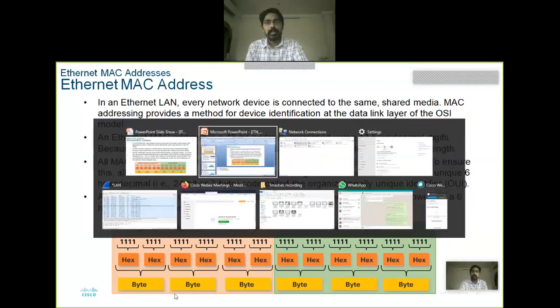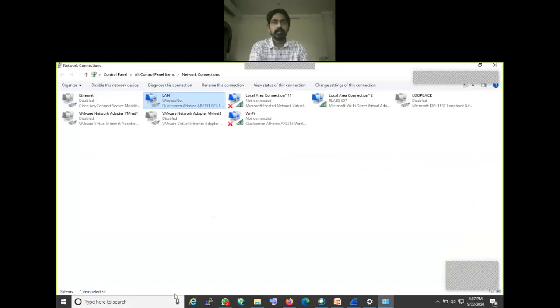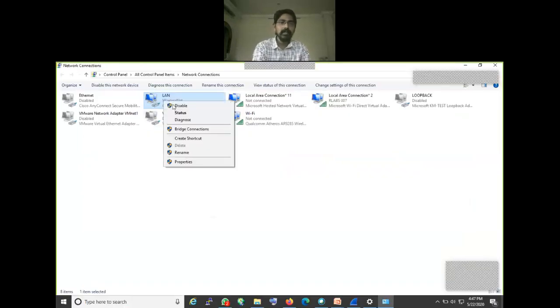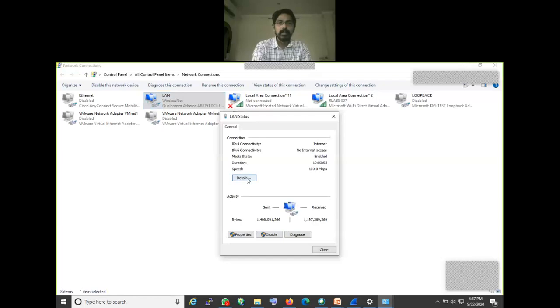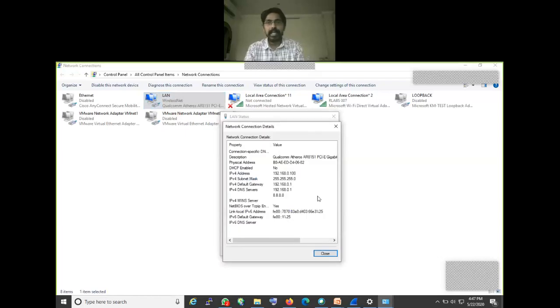So consider here my MAC address, B8AEED. Mine is a Sony laptop. So if you open your system and verify your physical address, that is MAC address, your first 3 bytes are different because your manufacturer is different, right?